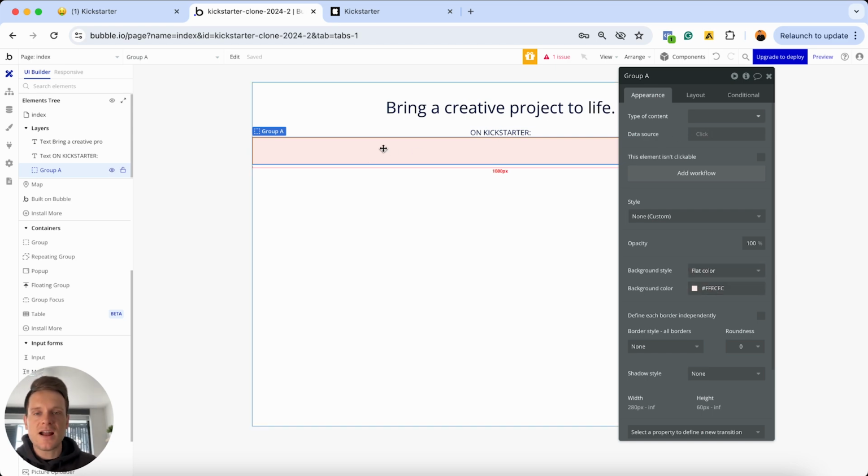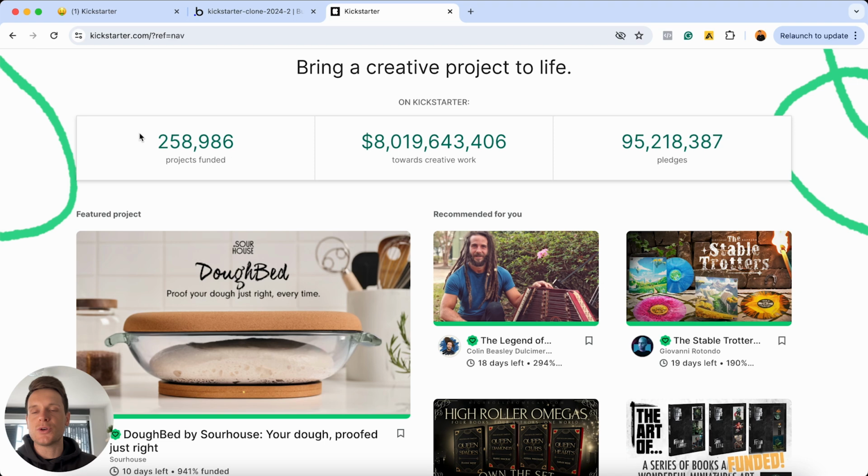And inside of this group, what I'm also going to do is add another series of groups, which, look, already sounds confusing, I know. But the reason we need to add more groups into this existing group is because if I look at this overall group, this entire rectangle here, I like to think that it's got 3 different sections inside of it. And these 3 sections are also individual groups. And as you can see, inside of these individual groups, we have 2 text elements that are stacked on top of each other,